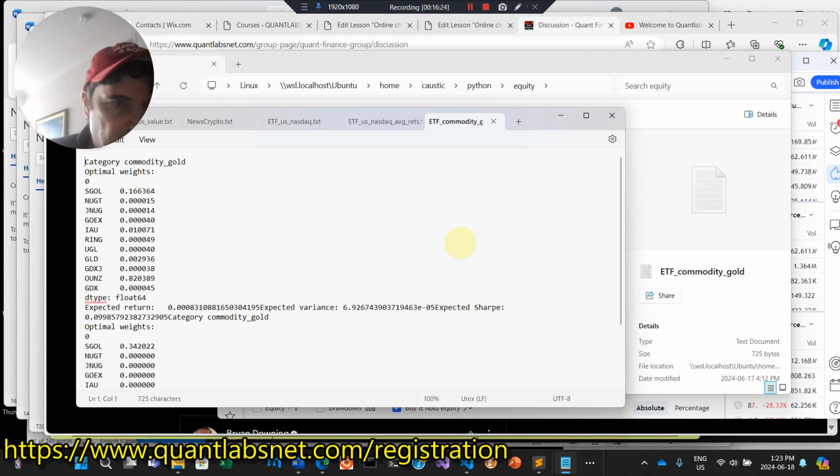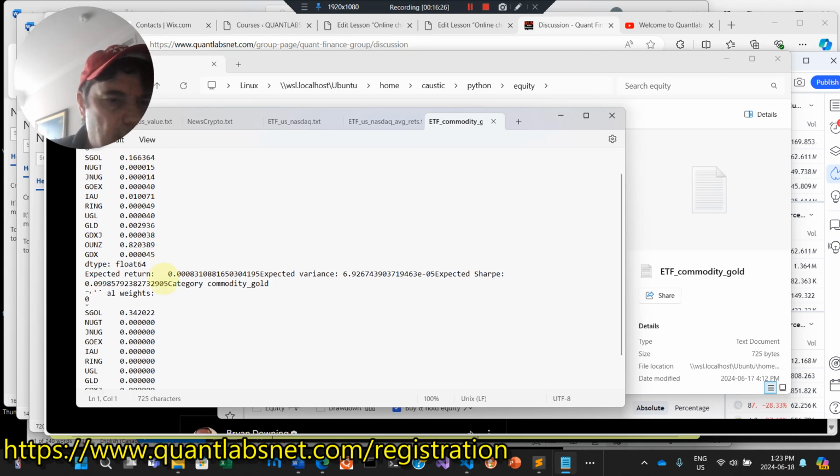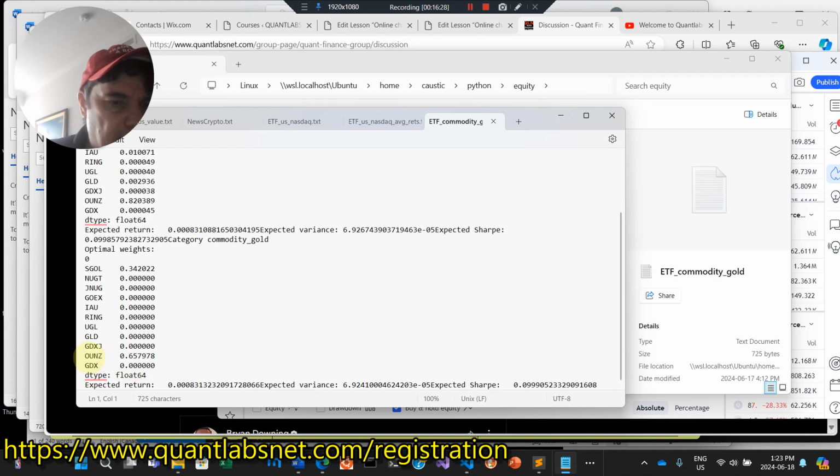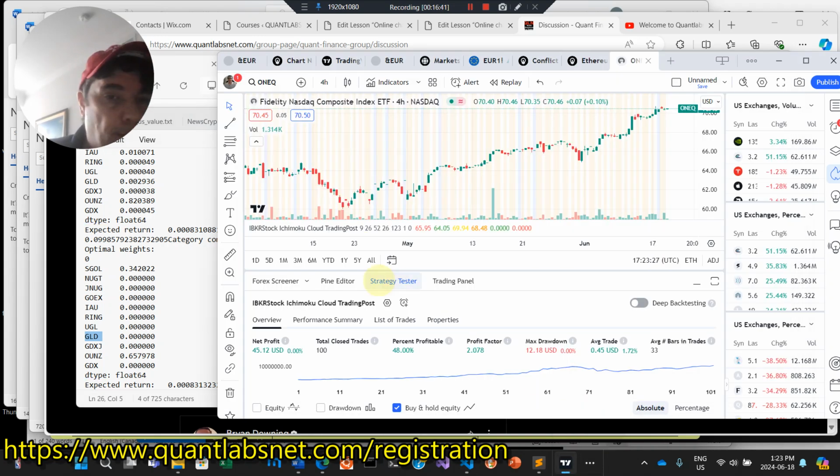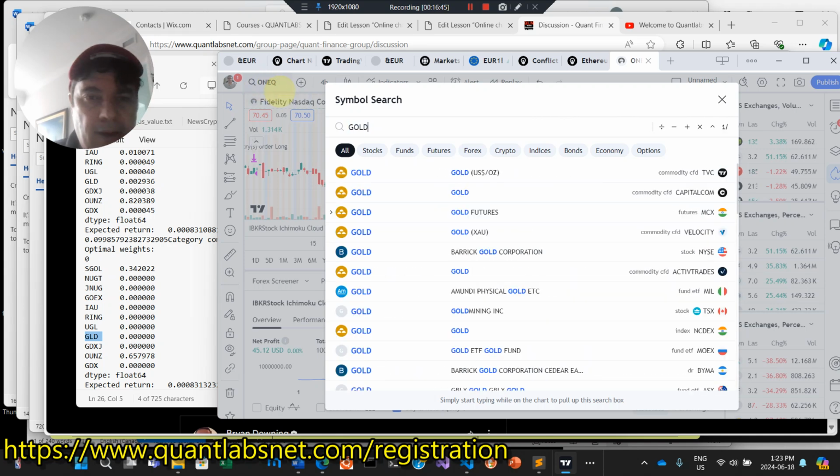So in this case, we just looked at the Nasdaq, and you can see here we have some ETFs to look at. We got a bunch here to choose from, including GDX, GLD, and maybe they're not performing as well. Let's check out how GLD is doing. That's going to be one of those more popular ETFs. So if I go into GLD, right,